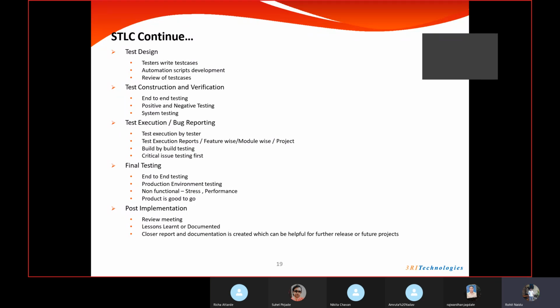And post implementation, it's nothing but a documentation phase, where we just document all the requirements, where we just document the lessons learned, where we just keep everything in a written format, so that anyone who will join the team in the next release or in the next version, he can understand what has been done in the previous testing. So we will document what testing we have done. We will document everything, and we will document what things we have learned while testing this application, and how did we